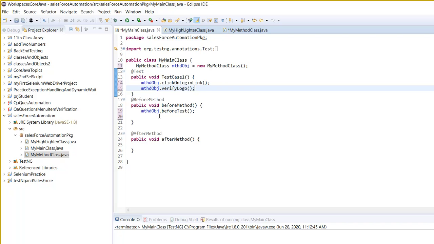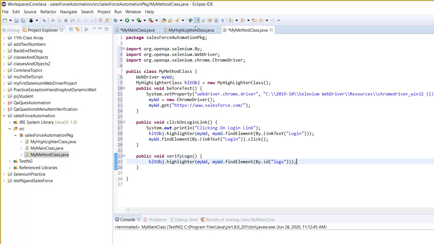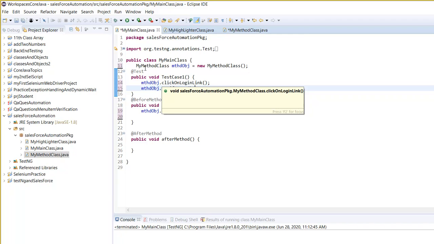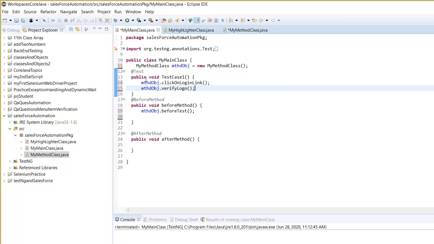Now as you can see, I am not writing all of this code inside my test case. Instead, my code is in the method class. For each step, I'm creating a method and I'm calling that method here from my main class, which is a TestNG class. Now if you execute,